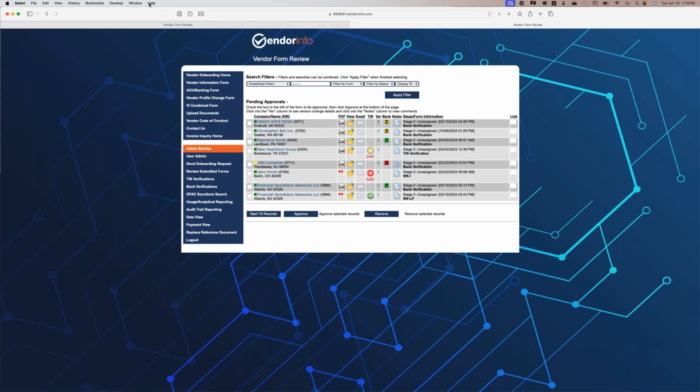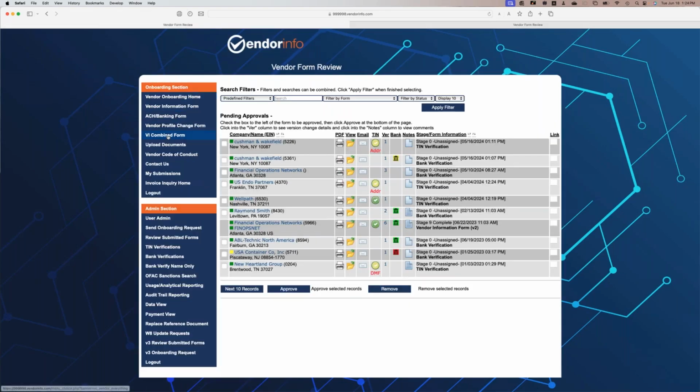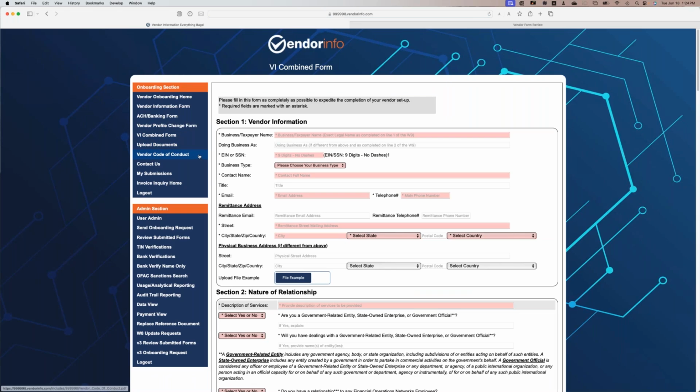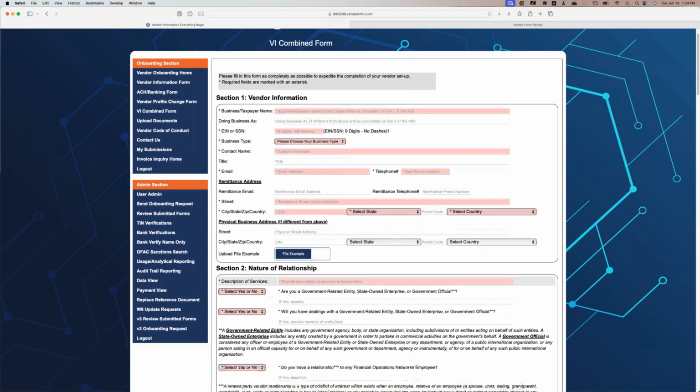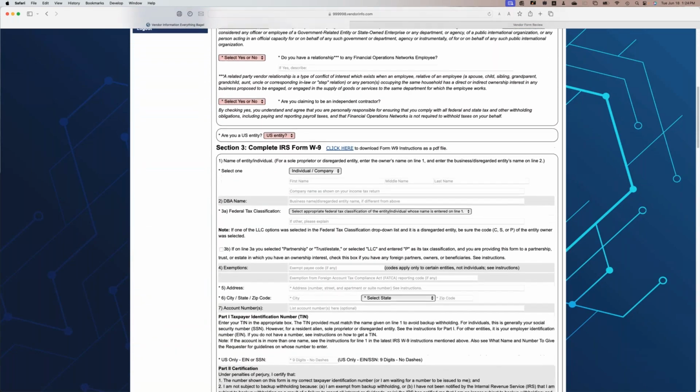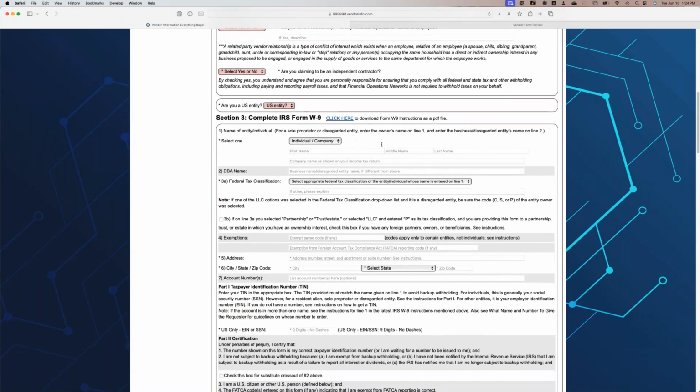You can also have the vendor fill out further information on their vendor onboarding form. Let me just show you this. And this can be as extensive as you want. You can have them fill out W-9s or even substitute W-9s. In this particular case, it's a substitute W-9.